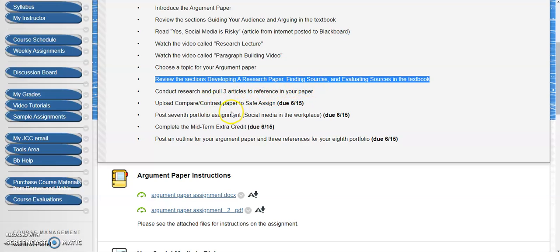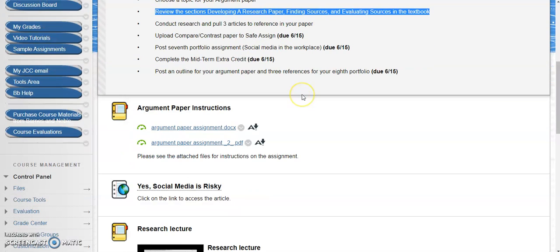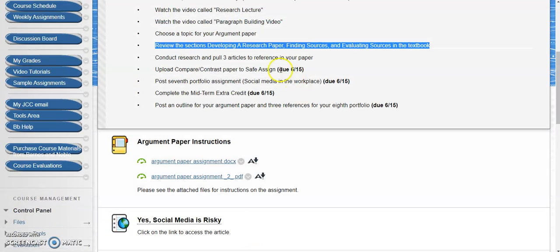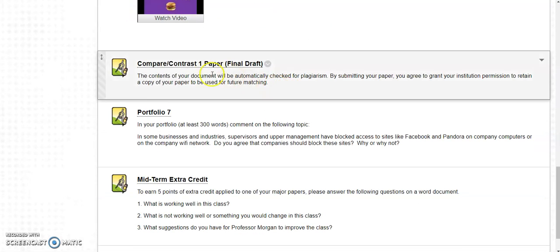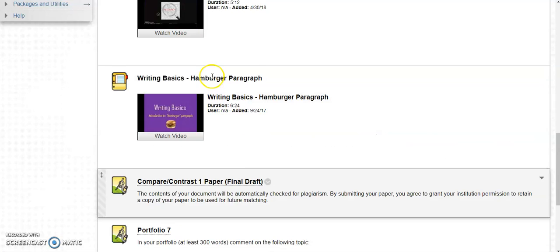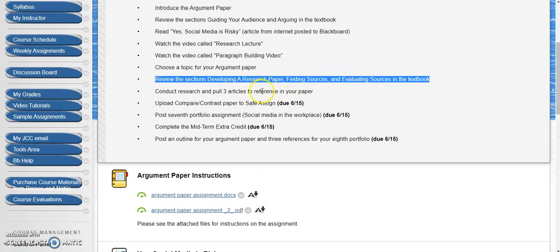And then we'll go through there. So last week you submitted your first draft of your compare-contrast paper. It's actually compare-contrast paper 1. Then you had feedback, and so you have a full week to get that submitted. You'll submit that right down here, compare-contrast paper. Remember that since this is one of those major papers, you have to click on the thing for plagiarism, which we've already gone over how to do.